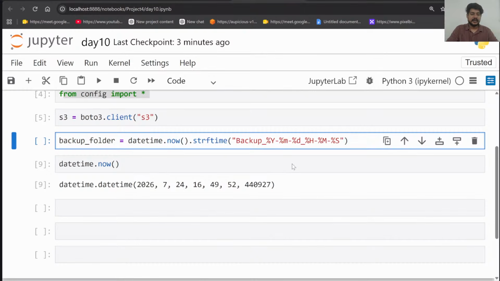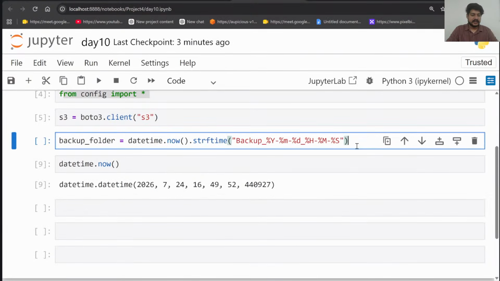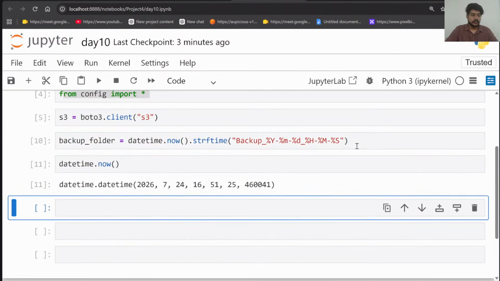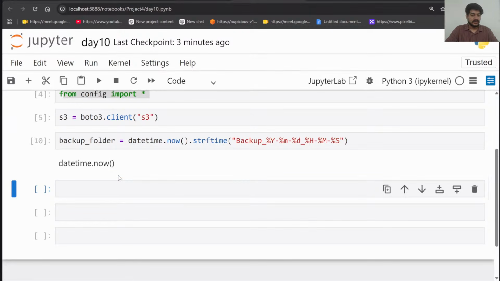Automatically, what will happen here by doing this, guys? Whenever I run the code, every time it will not go and update the same file. Every time it will generate a new folder inside the backup for me, right? Now let me quickly run this here. This is also running, so I don't want to run this. Let me make this a markdown, right? So my backup folder, I have decided in which folder I want to update it. But I also want to do one more thing.